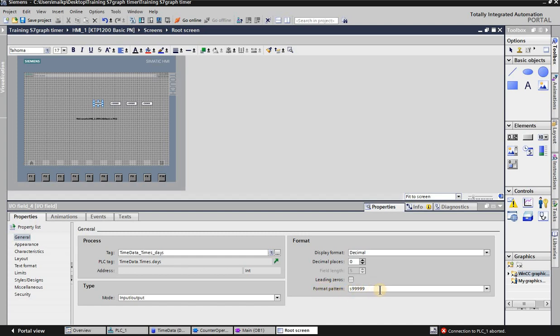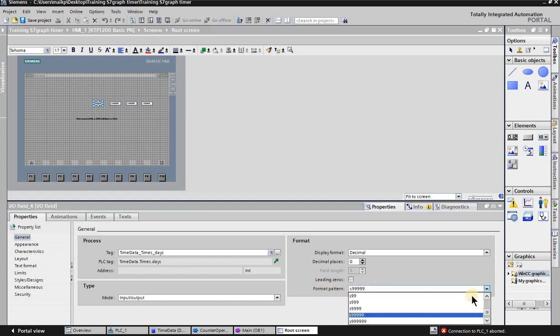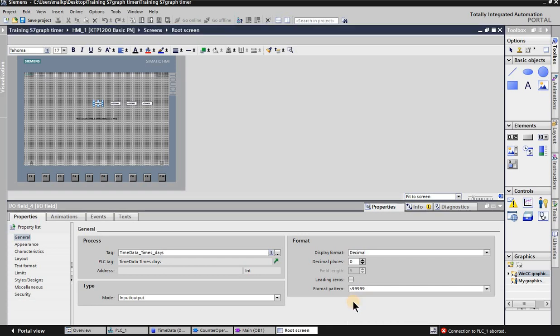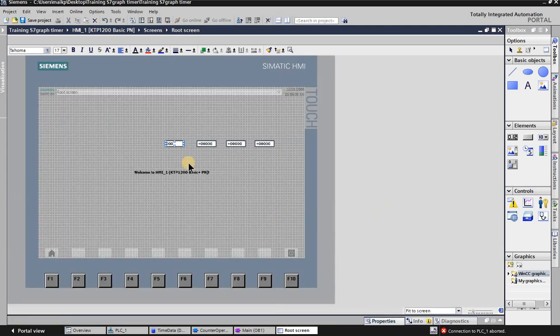And then the format pattern, we want it to be 2 digits, but we don't want to have plus or minus sign. So we are looking for the plain digits without the S in front of it. So we say 2, right? Oh, sorry, it's days, so we want 3 actually. So we click 3, all right? So that would be okay, and now we're going away from that, and then we can actually go and adjust that for